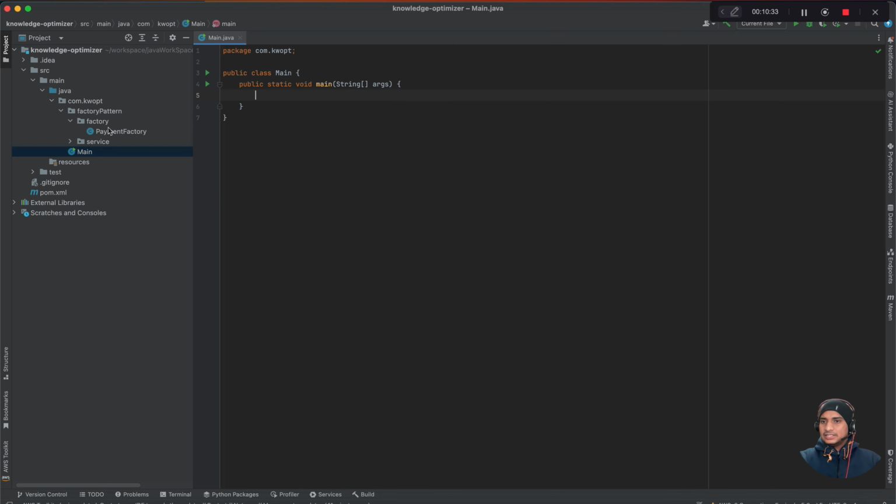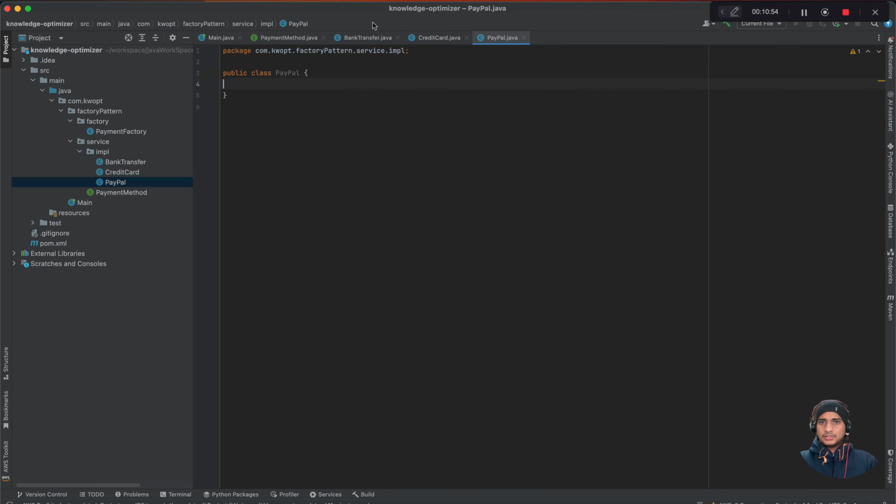Okay, so what I've created is a payment method interface, the creator. Now there is a payment method which we have created, and there is a function which is mandatory, like process payment. Now there are different implementations. It could be bank transfer, it could be credit card, it could be PayPal. So suppose it implements payment